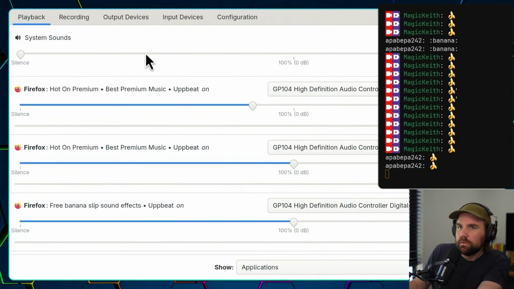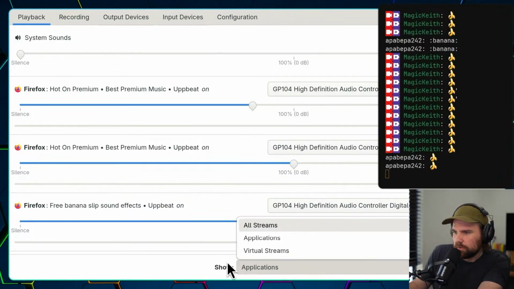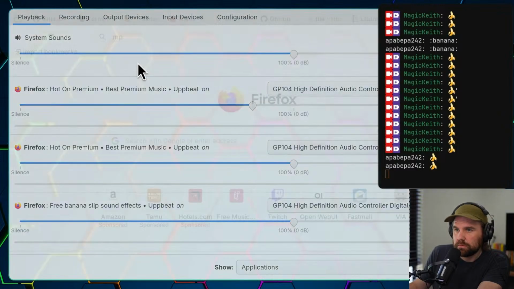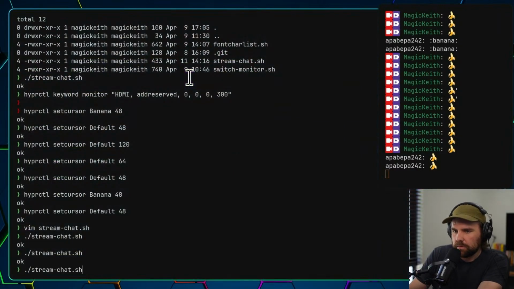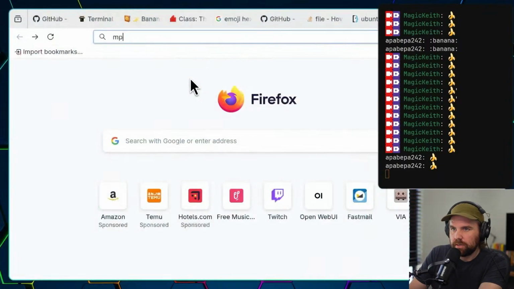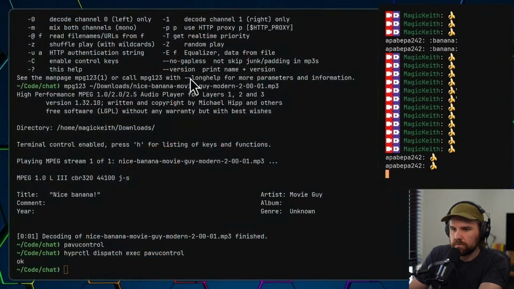Success. All right. Oops, I didn't mean to do that. System sounds. Maybe it's in system sounds. Where did my banana play technology go? I lost it.